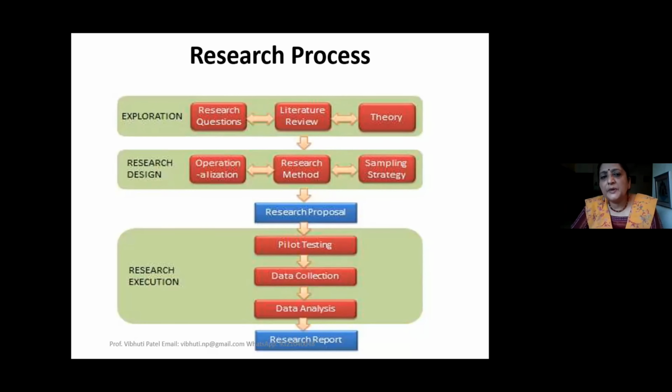You come up with the operationalization through your research design. You come up with what kind of research methodology you will use, whether quantitative or qualitative. Within quantitative method, what kind of sampling techniques, whether it will be snowball sample, stratified sample, or random sample. In qualitative, whether it will be phenomenology or grounded theory, or case study, or focus group discussion, or key informant interviews. And you also come up with your sampling strategy.